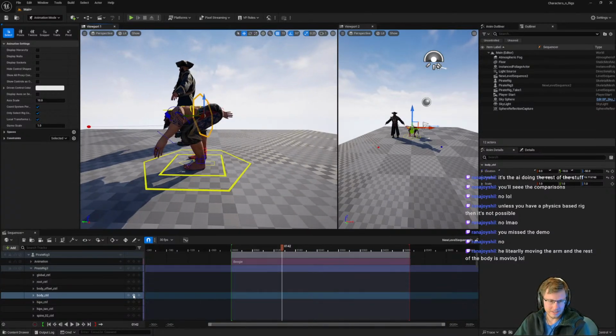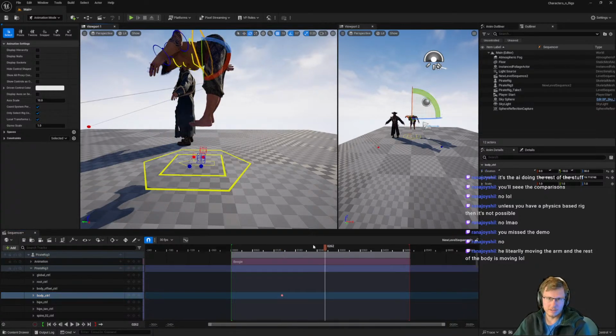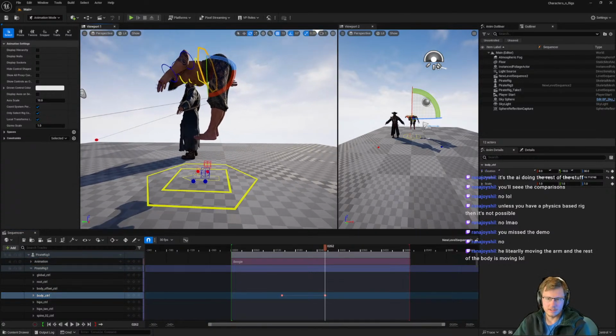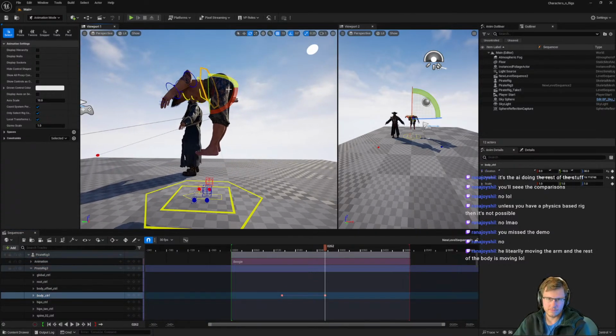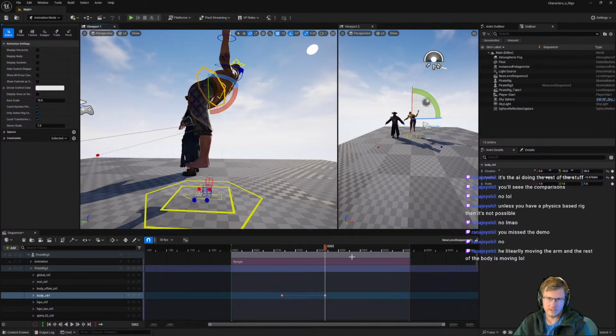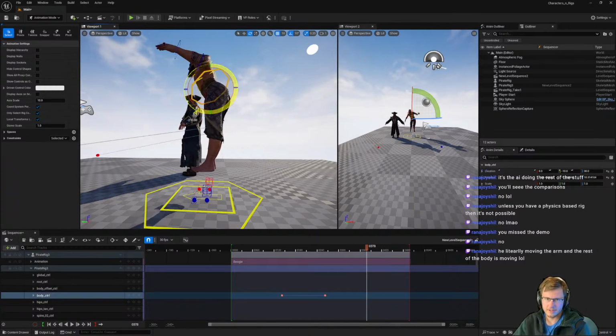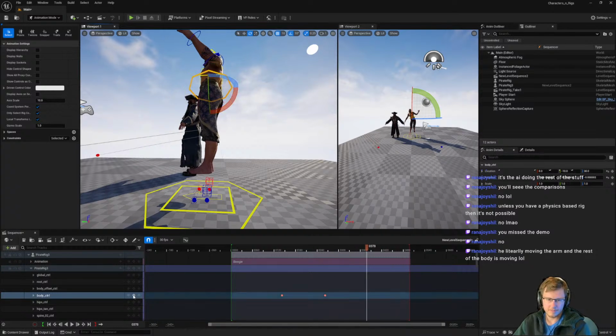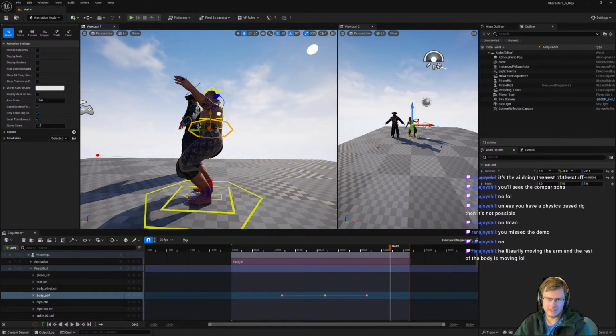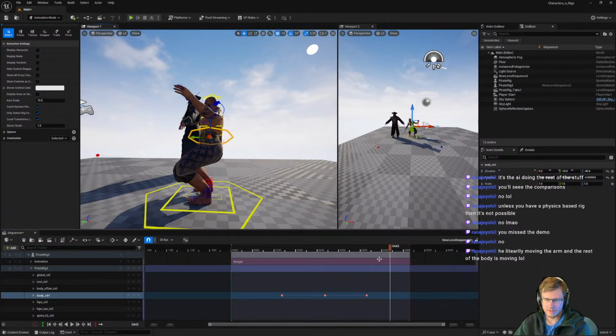Okay, ready? We've got to keyframe this. Then we yeet. Put him in the sky. Keyframe. Okay. Bam. And then flip it all the way around. Yep. And then back to the ground. And that is how you make a perfect backflip.